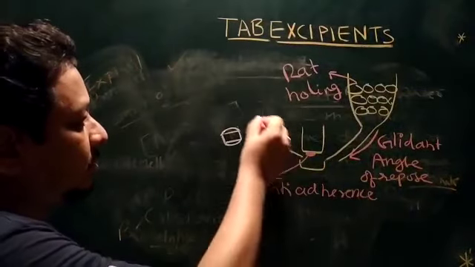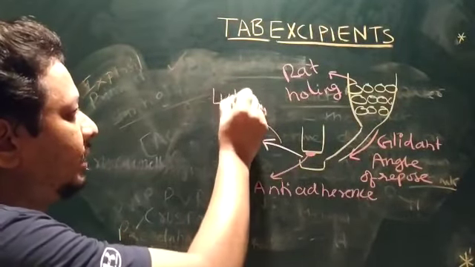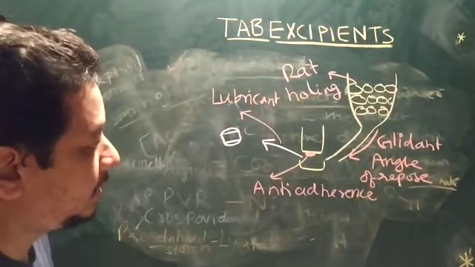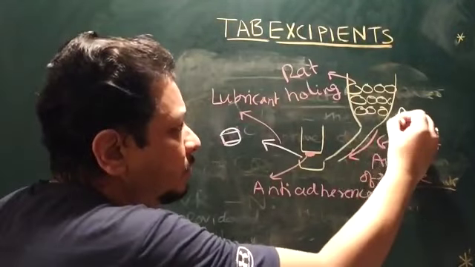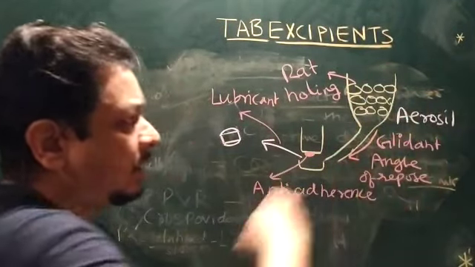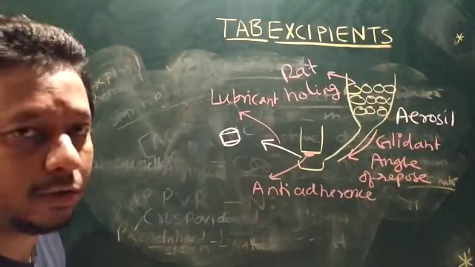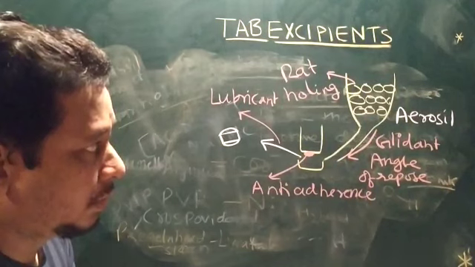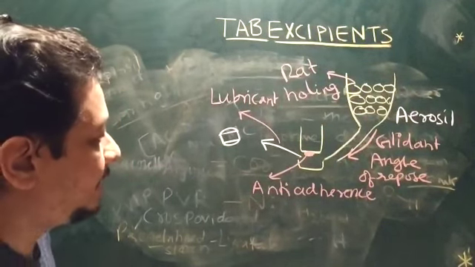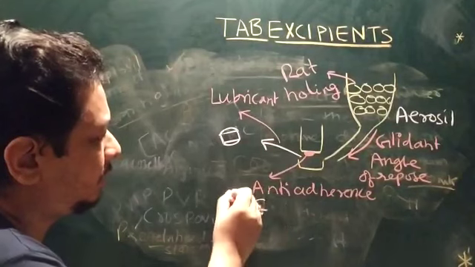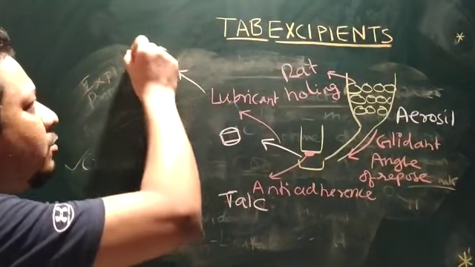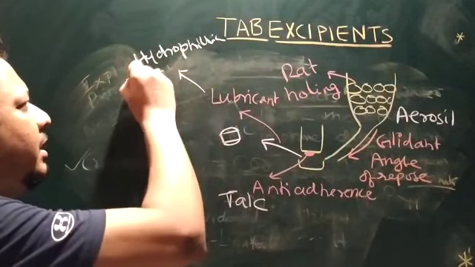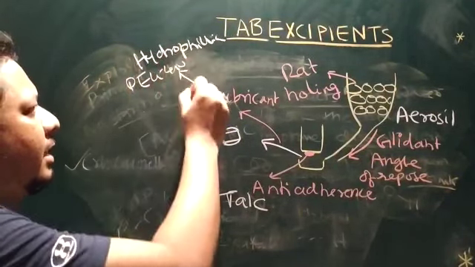And proper ejection of the tablet requires a lubricant. Okay, so this is a very important understanding. Now for glidant we use Aerosil or colloidal silica. Aerosil, at 2%, is very useful and can improve angle of repose and flow. And then for anti-adherent, normally we use talc. Now for lubricants, we have hydrophilic lubricant, like PEG 400, but hydrophobic lubricant